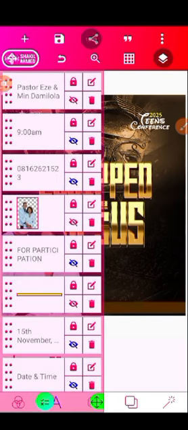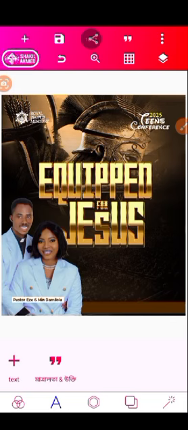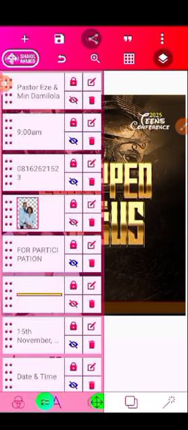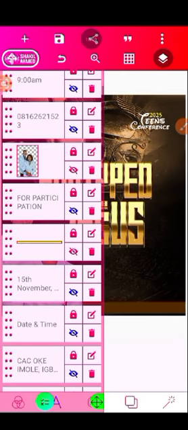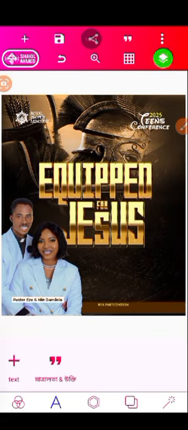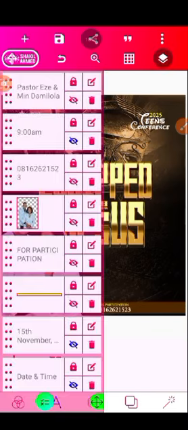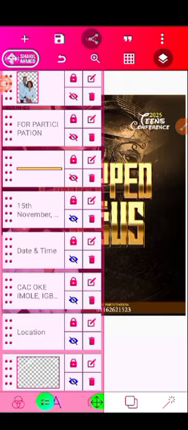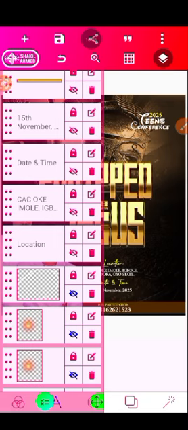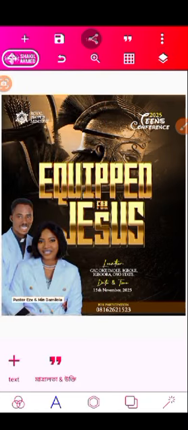So now I have this also. I have this, and this is behind the picture. It's behind the picture, and on it I have to participate. Sorry, for participation, then I have the contact. For participation, I have the contacts. Then I have the dates, the venue. Yeah, I think that's all. So it's as simple as that. The only thing I have left here, don't forget